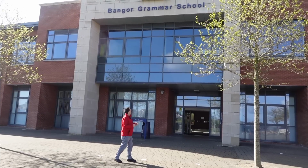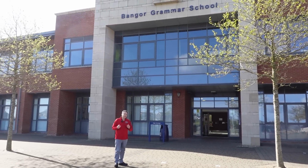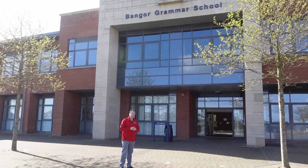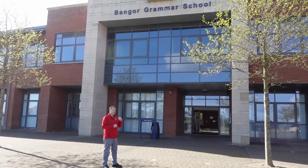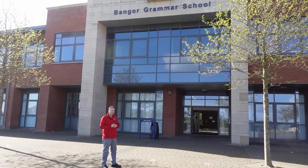Hi everybody, welcome back. We're here at Bangor Grammar School, so it must mean it's time now to go in and have a look at the show. This is the North Down Model Railway Society's annual show just before Easter. So we're going to go in now and have a more detailed look around at the different